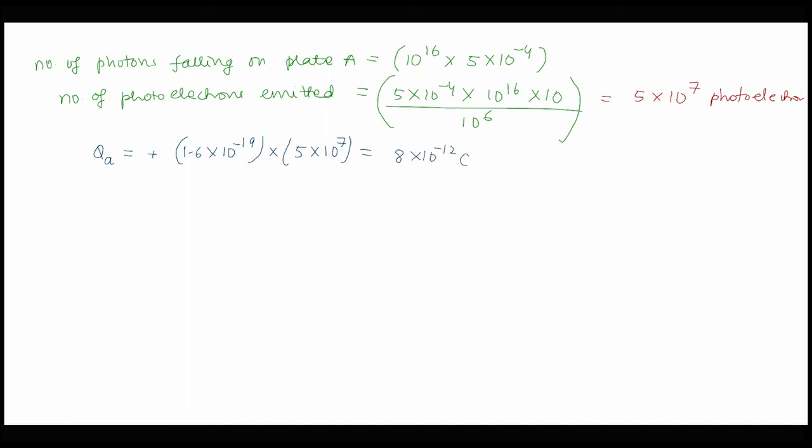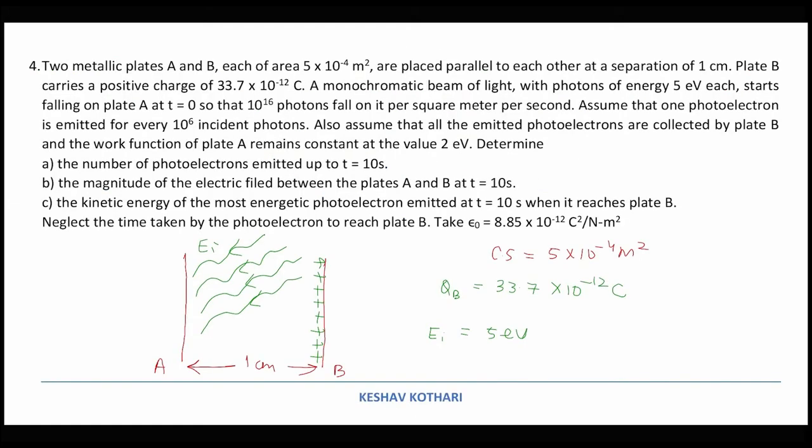B was already positively charged, but these photoelectrons on striking B will reduce the charge of B. So B, which was originally 33.7 × 10^-12 coulomb charge, will reduce by this 8 × 10^-12 coulomb, because these photoelectrons will strike the positive charges and nullify them. So the value we obtain is 25.7 × 10^-12 coulomb. So now we can say that the region in between over here will have a certain value of